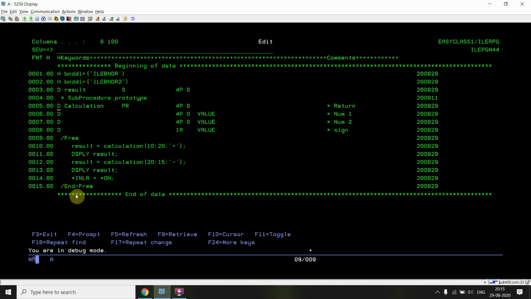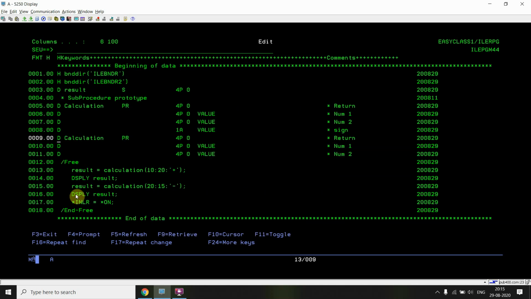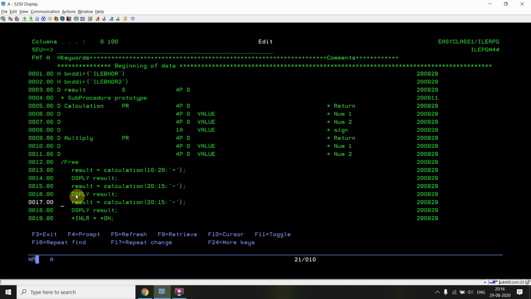Now since you will be calling that multiply procedure also, you need to define the same multiply here, and you will be getting the result. For calling that multiply procedure, I'll pass 3 colon 4.